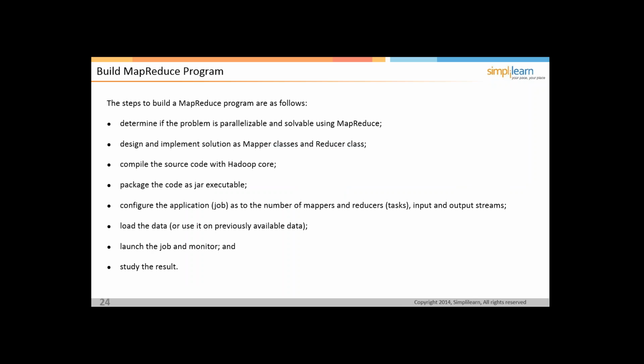So what are the steps to build a MapReduce program? First, you need to determine whether the problem is parallelizable and can be solved via MapReduce. Then you design the algorithms and implement the solutions using a mapper and reducer. You compile the source code with core Apache Hadoop and package the code as an executable jar. When building the jar file from Java code, we can use either Ant or Maven; it's up to you which tool you'd like to use. Then you configure the job with the number of mapper and reduce tasks and the input and output streams. Finally, you load the data, launch the job, and